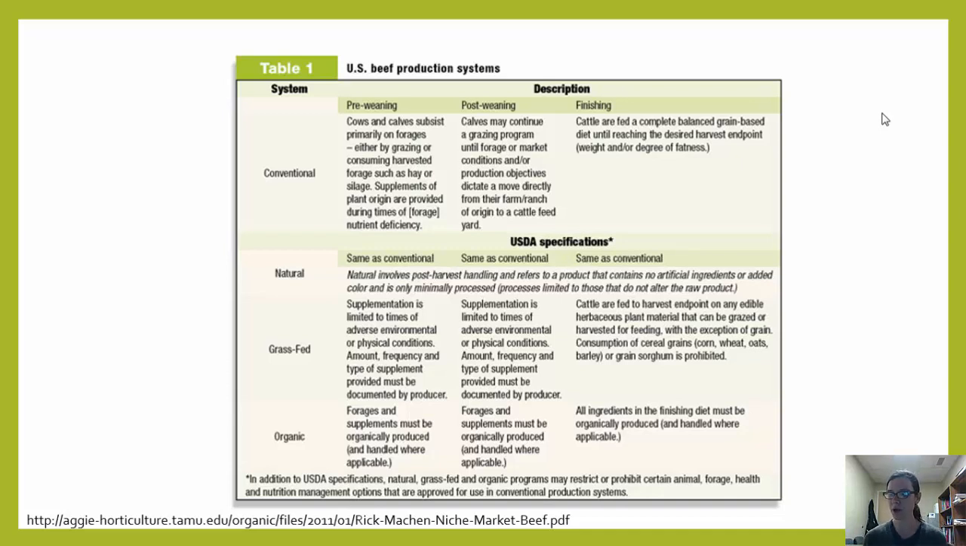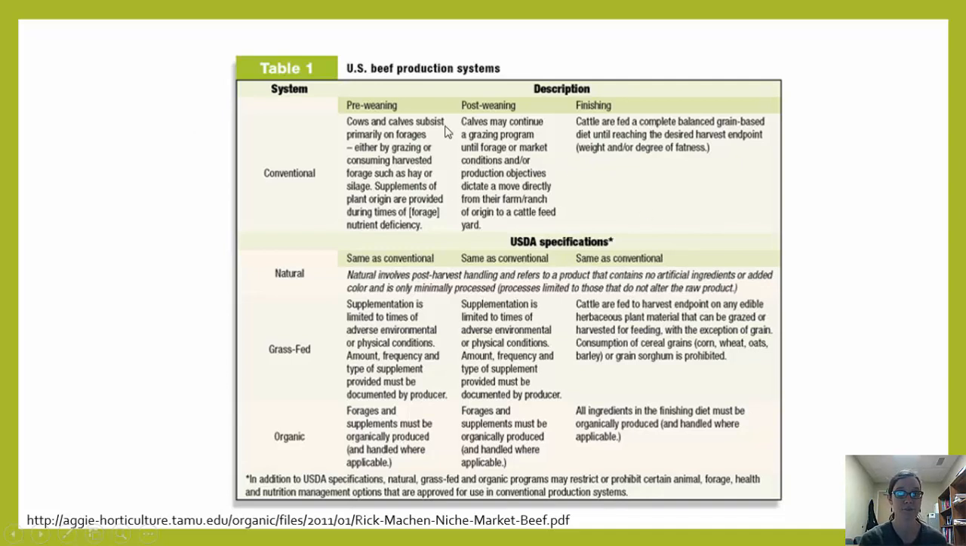Okay, so when we talk about the different production methods, I think it's really important to understand that there is just such a wide diversity of meat production methods within these categories. But I do want to touch base on the specific definitions of these categories. So here we have the conventional system of beef production, in that